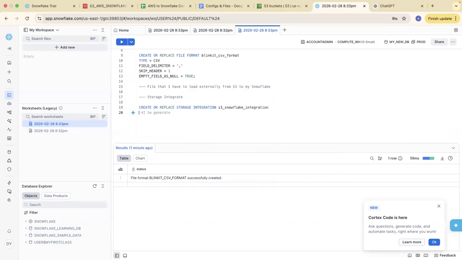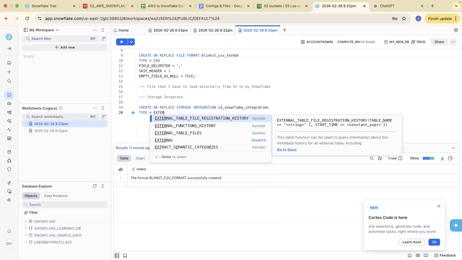After that, I will give the type. Whenever you are creating a storage integration, you have to give the type also. If you are taking data from an external resource, which is S3 here, then you have to give the type as external stage. Now what is a stage here?